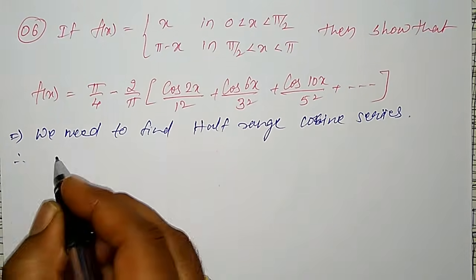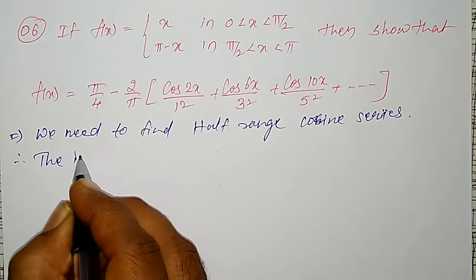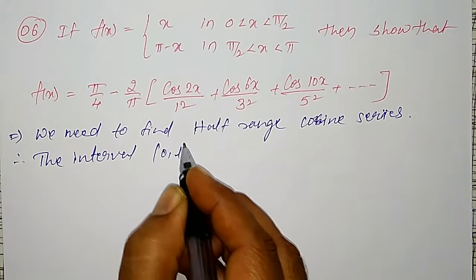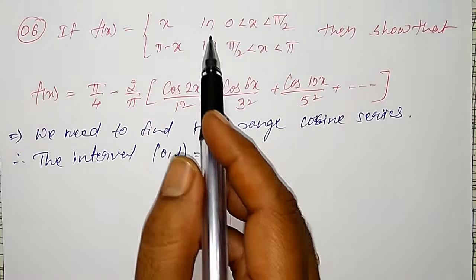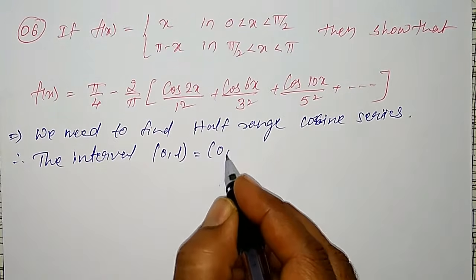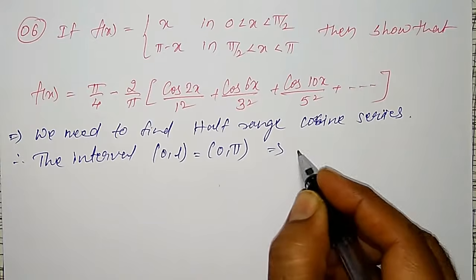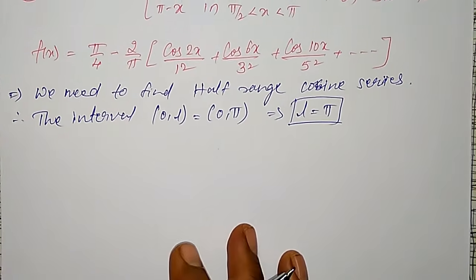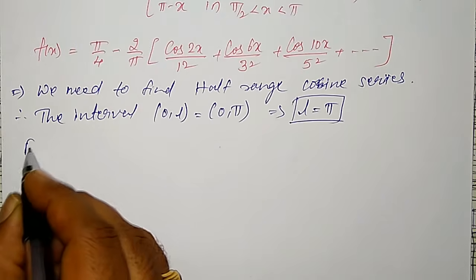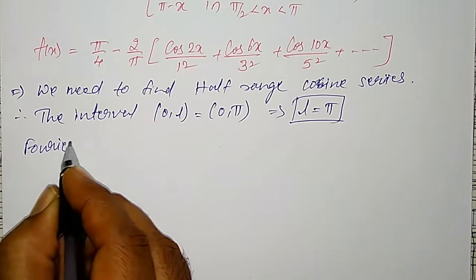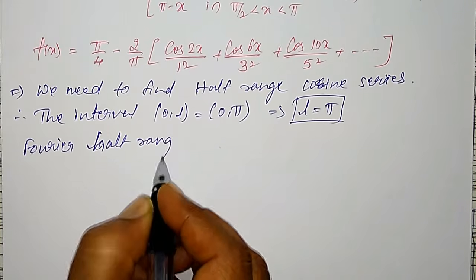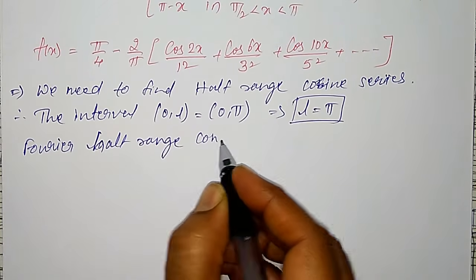The interval 0 to L is nothing but 0 to pi. They have given 0 to pi, which implies my L is equal to pi. Therefore, the Fourier half range cosine series is given by